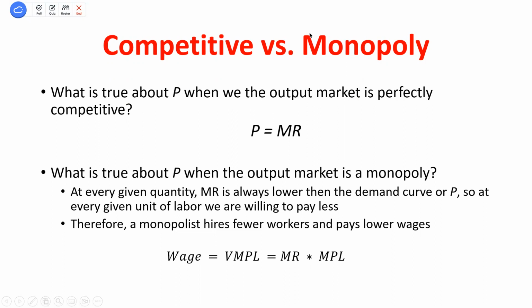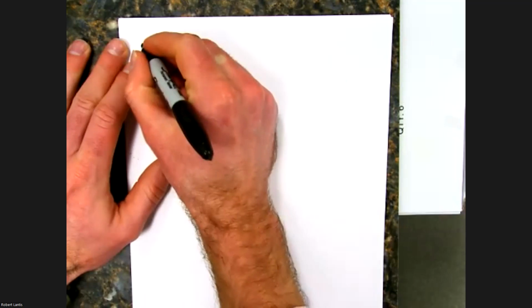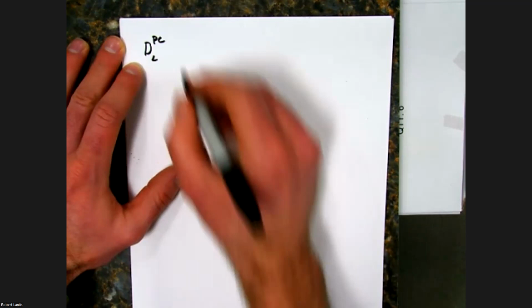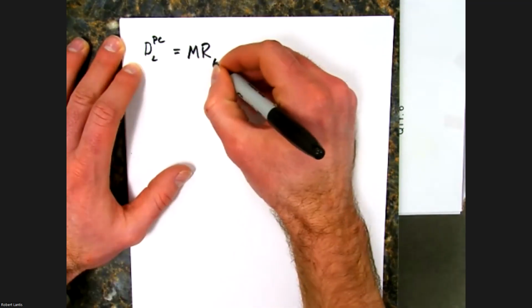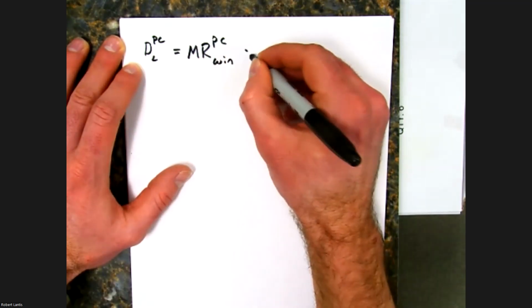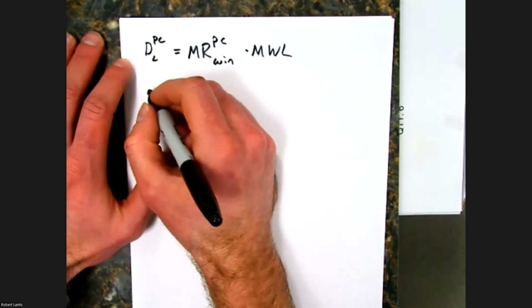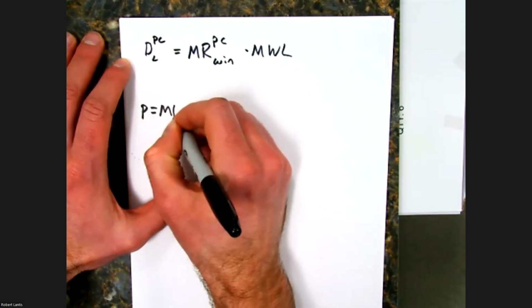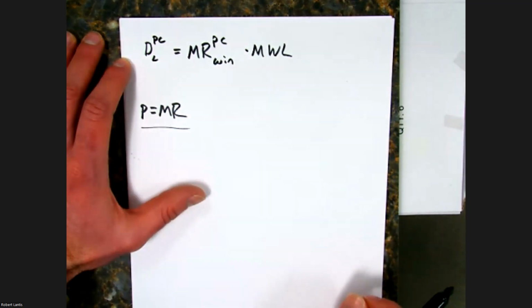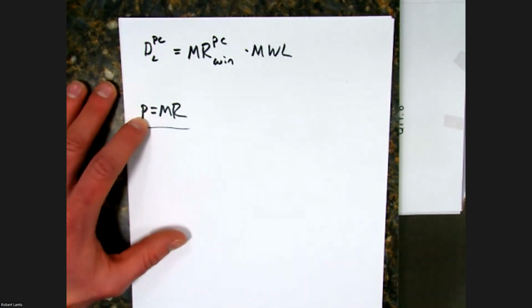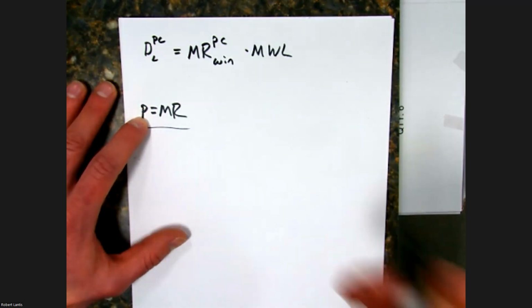So if we think about the differences here, if I have the demand curve for labor, when I've got a perfectly competitive market, that's going to be based off of the marginal revenue per win in a perfectly competitive market times however many wins that player's bringing in. We know that in a perfectly competitive market, the price is equal to the marginal revenue, right? I can't get away with charging a price any different than anybody else. So whatever the equilibrium price is, that's how much I have to sell for. That's the additional revenue I earn, right?